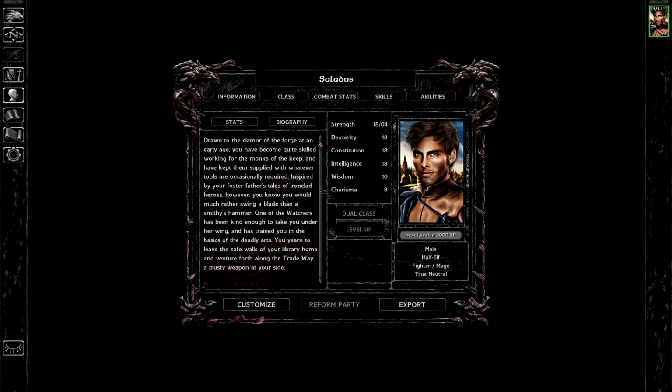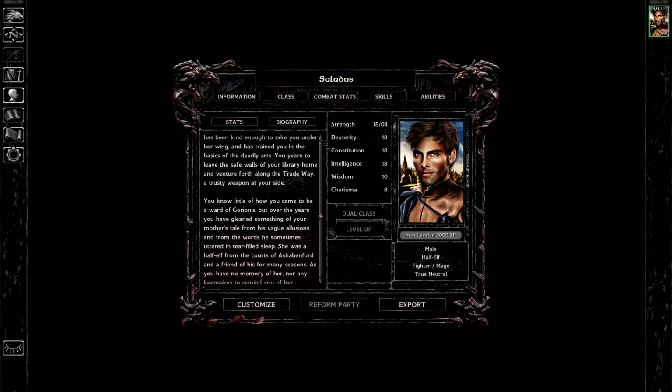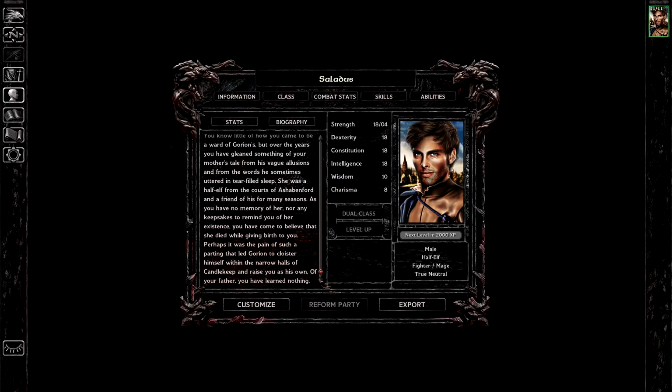One of the Watchers has been kind enough to take you under her wing and has trained you in the basics of the deadly arts. You yearn to leave the safe walls of your library home. Oh, there's a lot here. And venture forth along the tradeway, a trusty weapon at your side. You know little of how you came to be a ward of Gorion's, but over the years you have gleaned something of your mother's tale from his vague allusions, and from the words he sometimes uttered in tear-filled sleep. She was a half-elf from the courts of Aschabenford, and a friend of his for many seasons. As you have no memory of her, nor any keepsakes to remind you of her...